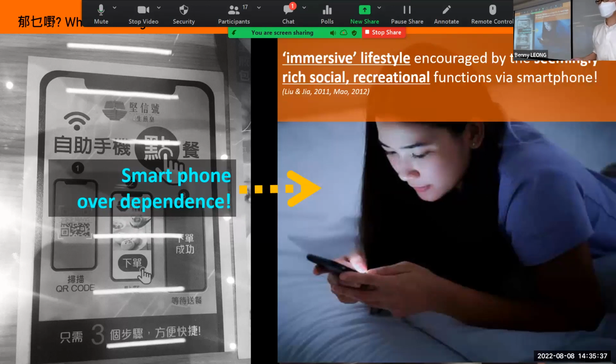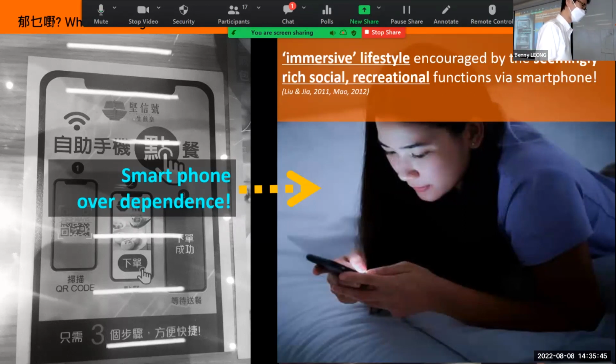And you will see what happened these days: not only the Europeans, the so-called Westerners, but also most Asians, particularly in Hong Kong and China, have a kind of lifestyle we call immersive. What immersive means is that even with a mobile phone, people go outside with a mobile, right? But in reality, it's not really mobile.